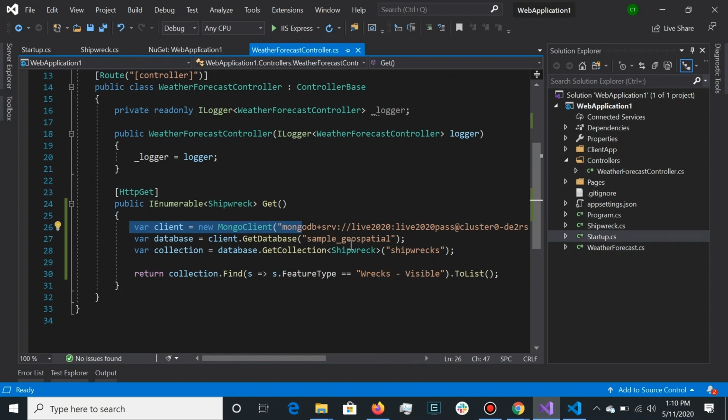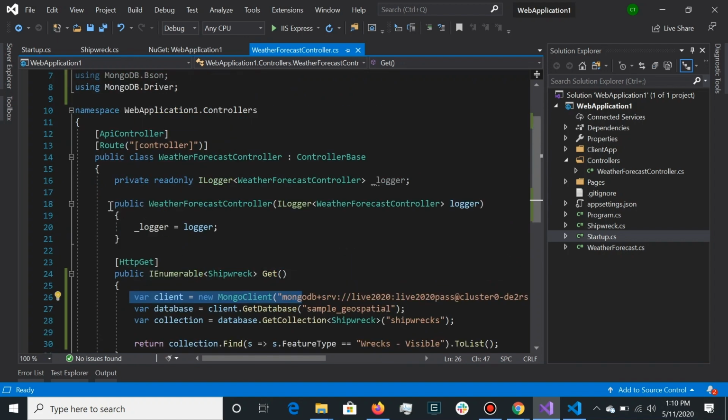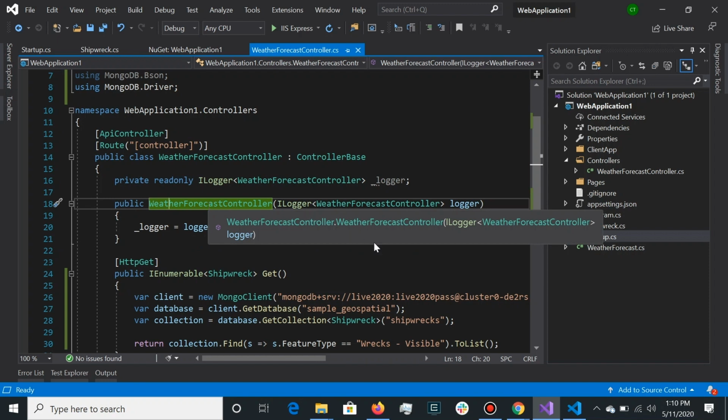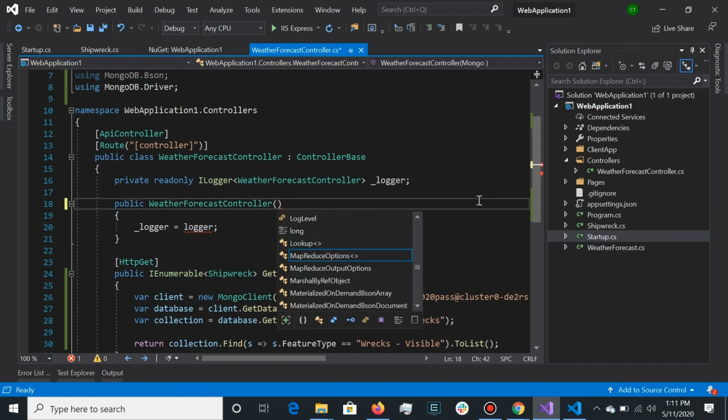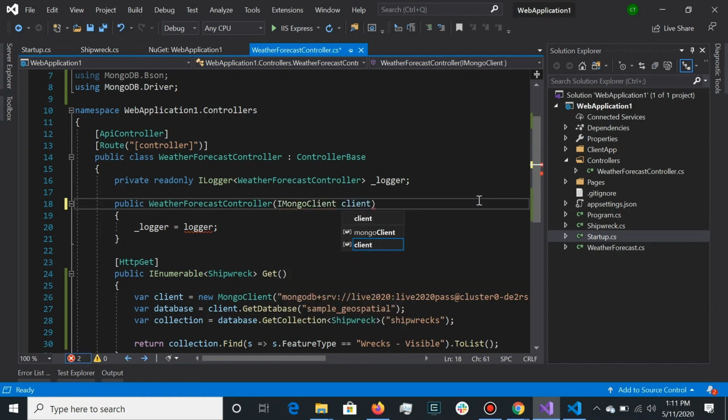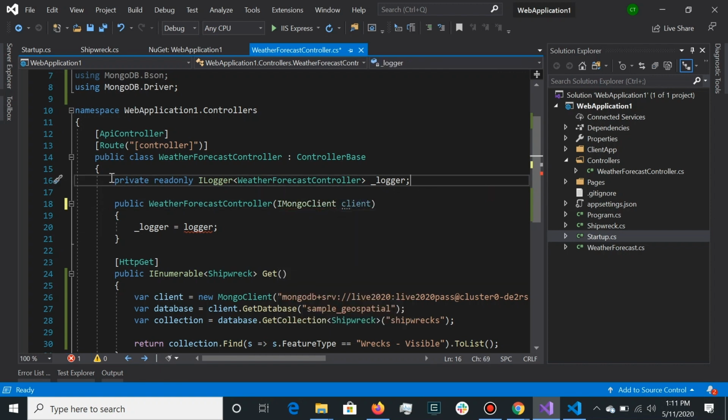We don't want it here anymore. I'm going to get rid of this on this constructor. Right now it's expecting an ILogger object. I'm going to get rid of that. And what I really want to have come in here is a Mongo client. We'll just name it client for now. Okay. And I'm going to get rid of this property, this private logger. And instead, I'm going to do a private